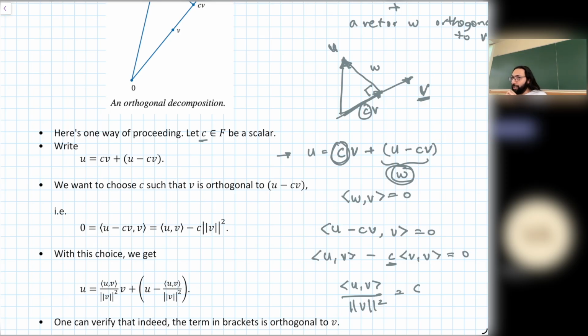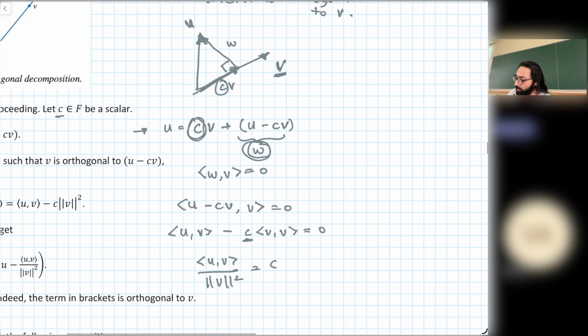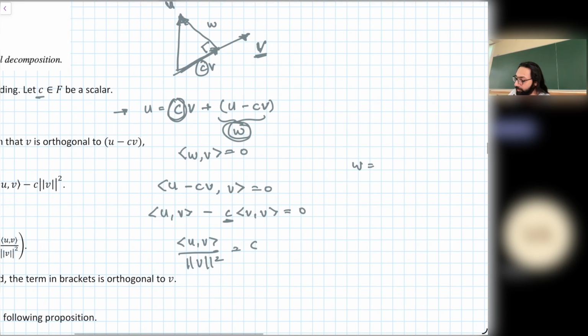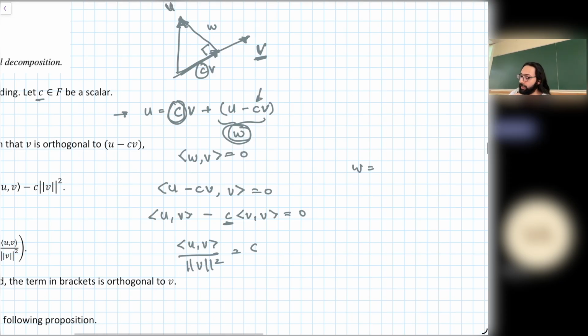So a priori, it's not clear that you could have been able to do this. It's not obvious that you could do it. It turns out you can. So we just said, okay, algebraically we'll impose this condition, and it turns out you could solve for c. So therefore, this property is okay. Okay. So how would I write the vector w now that we know c? Anyone? We just substitute c here. That's all we have to do. So we get the vector, so the vector is u minus